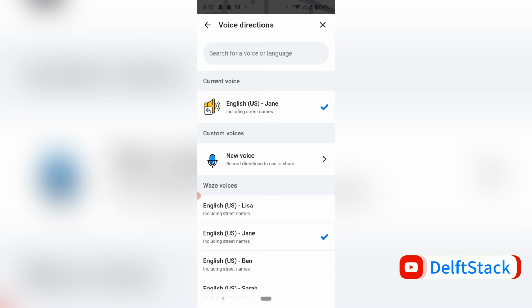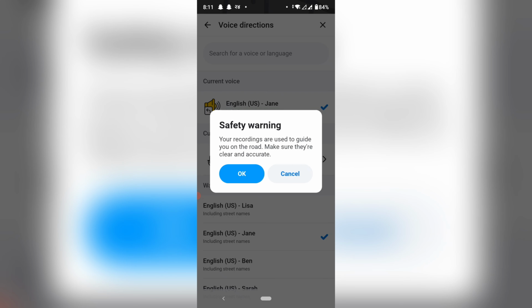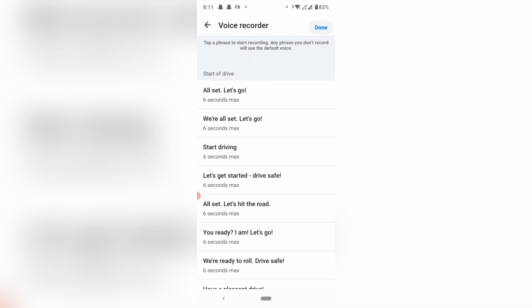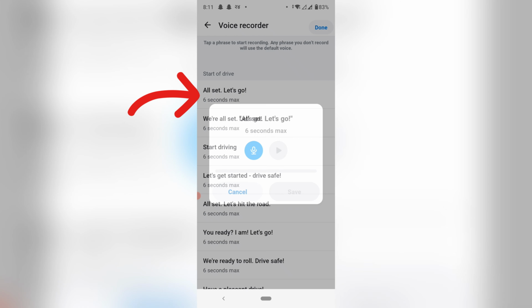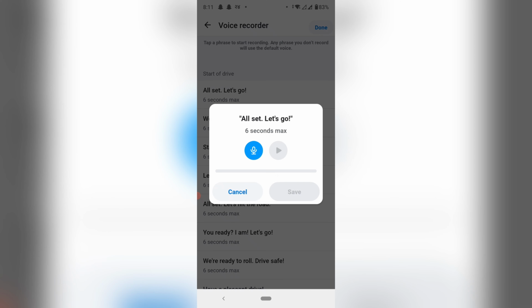You can also use a custom voice. Just click on New Voice, click on OK. And from here, you can use your own voice as the custom. Just click on this and click on the microphone and just read the text that is displayed on the screen, and your voice will be saved and you can use it for your personal use, making navigation more personal and